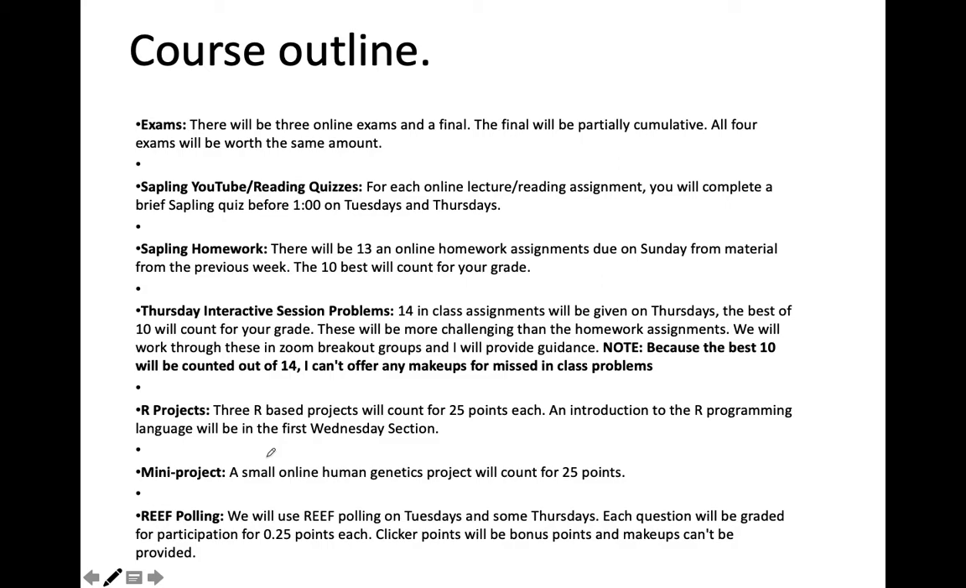All right, basically they're there to just make sure you understand the material. They're not really going to be hard. Then I mentioned that there were those Thursday interactive problem sessions. In those Thursday Zoom sessions, 1 o'clock on Thursdays, we're going to work on an assignment as a group, together. All right, and there will be 14 of those, and the best 10 will count for your grade. And those will be sort of done as a group,